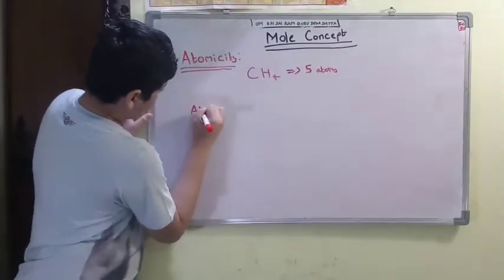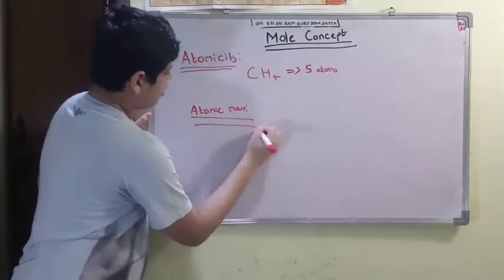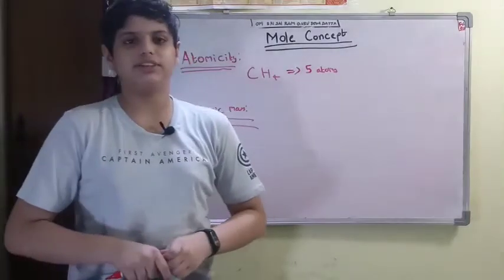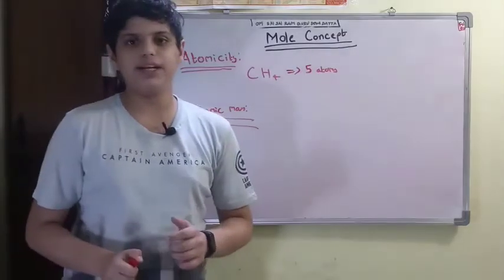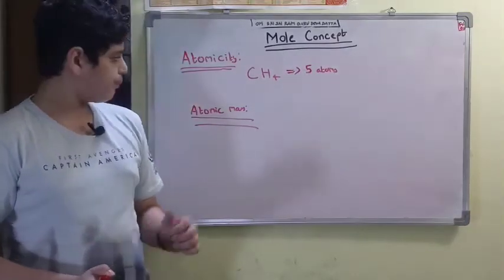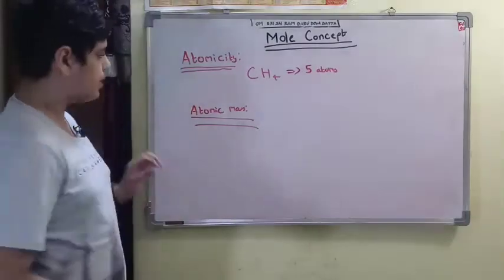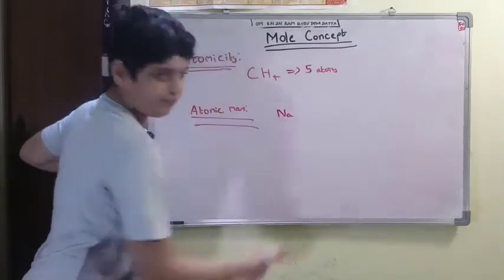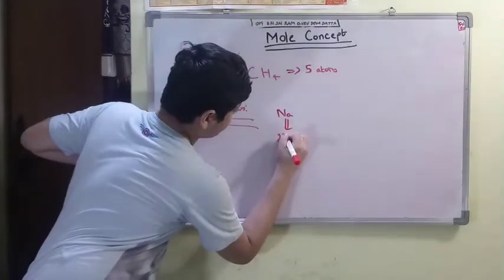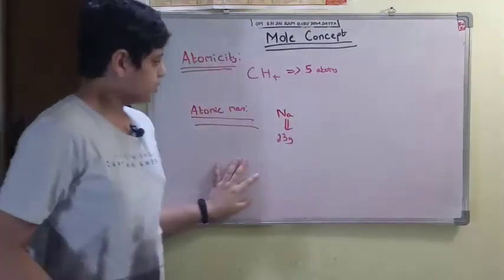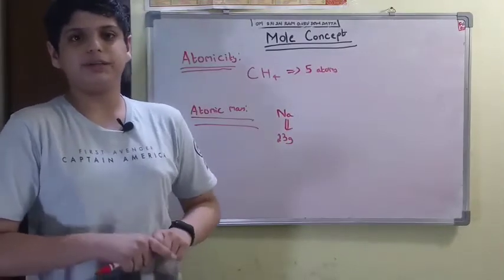Now atomic mass. So we have 118 elements which are so far discovered in the universe of chemistry. So each element has a separate mass. Okay. So the mass of one atom of that element is known as atomic mass. For example, let us take sodium, Na. So the atomic mass of sodium is 23 grams. Okay. So I will give a table on your screens which will show the atomic masses of different elements. So please take a screenshot.